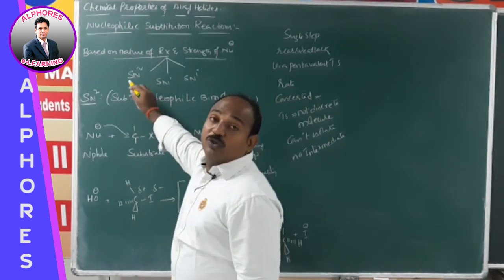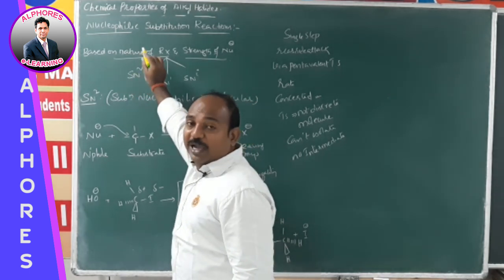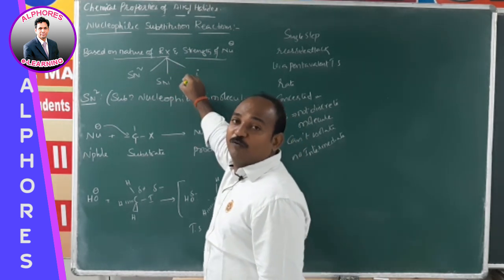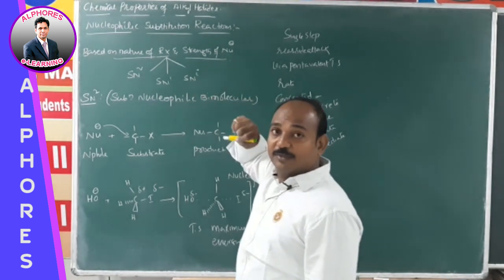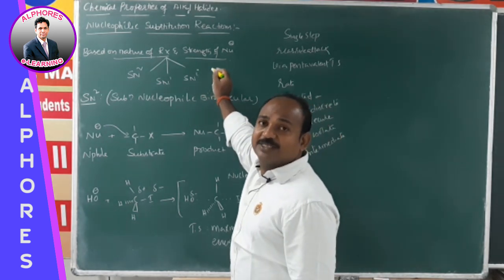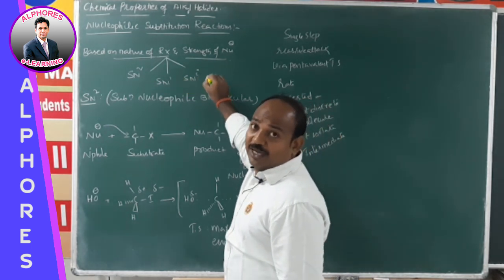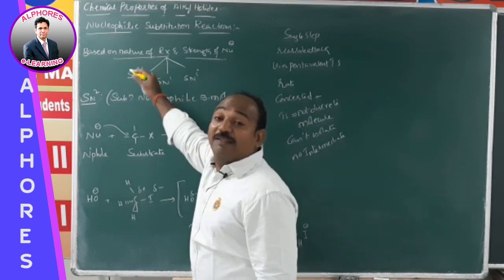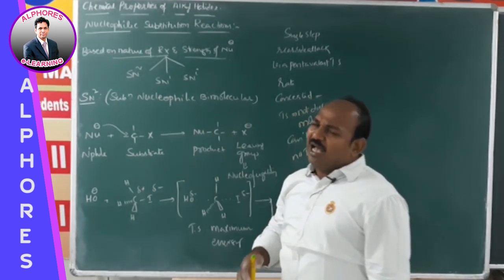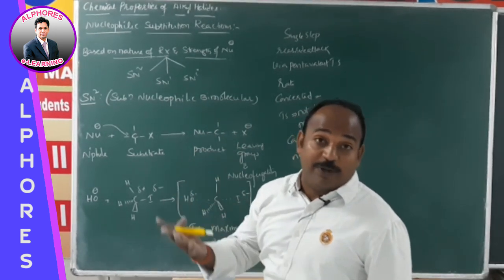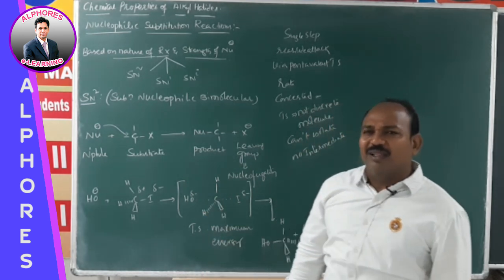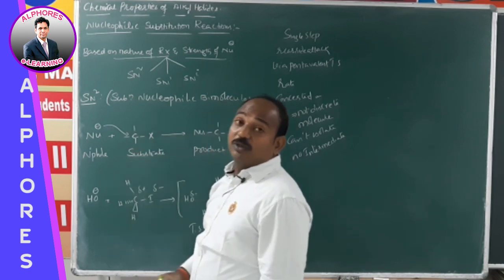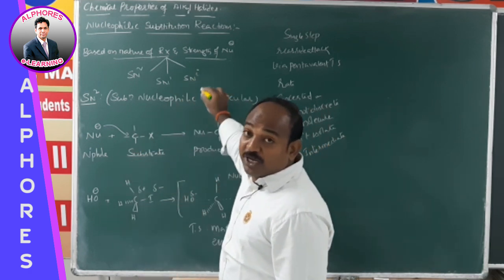The abbreviation SN2 stands for substitution nucleophilic bimolecular. Now you can guess SN1: substitution nucleophilic unimolecular. And what about SNi? Substitution nucleophilic intramolecular, within the molecule. So there are mainly three types. Beyond that, a few other types also exist, like SN1 prime, SN2 prime, and so on. Regarding those we will discuss later. Mainly these three.